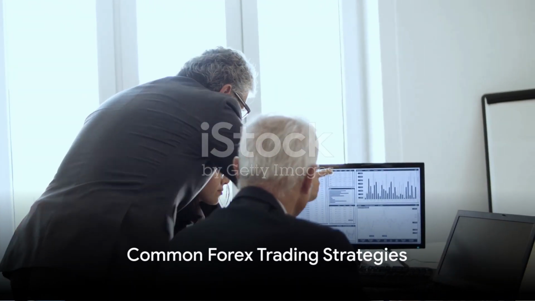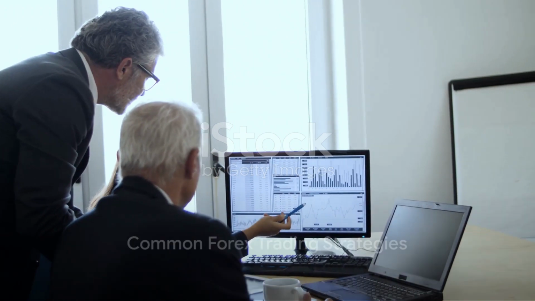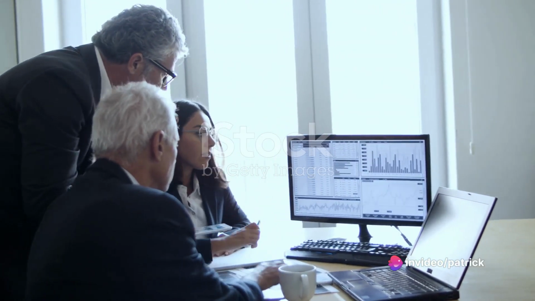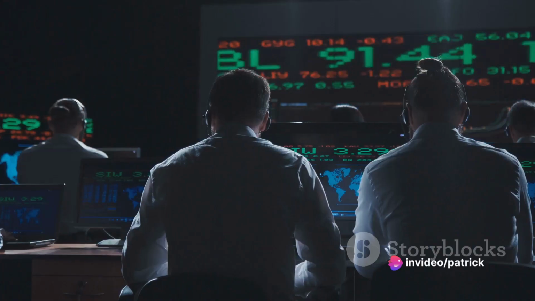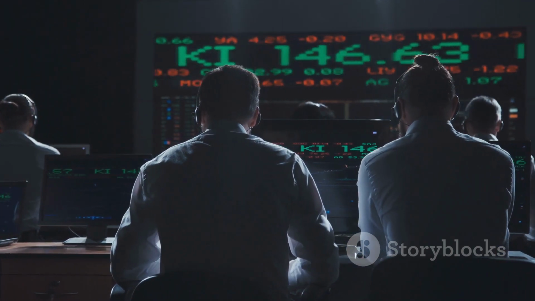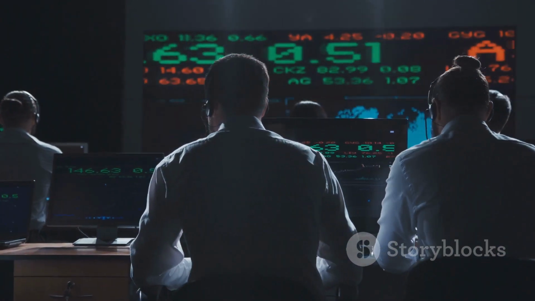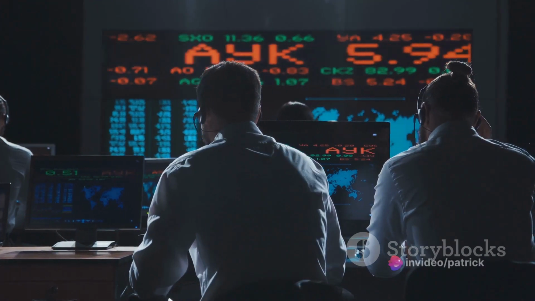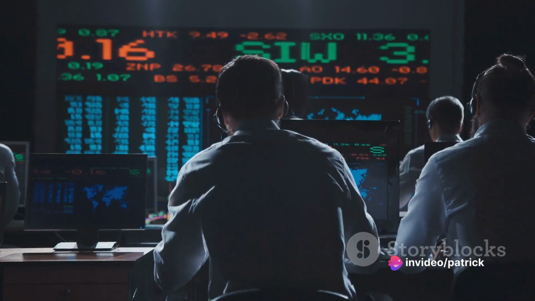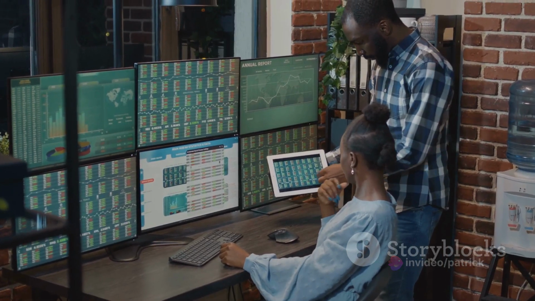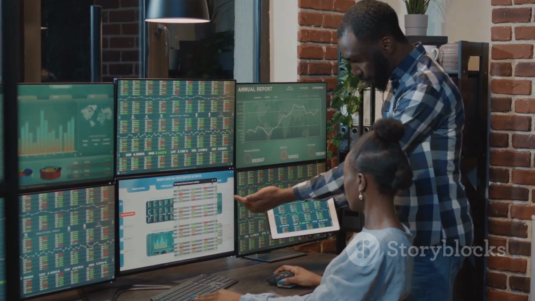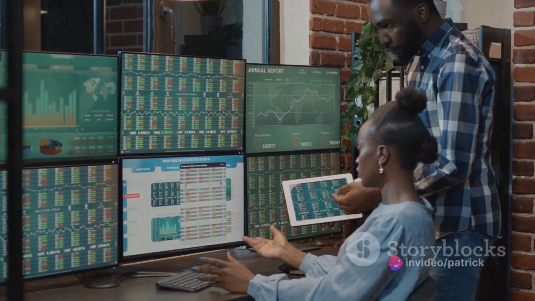Now that we've covered the basics, let's dive into some common Forex trading strategies. First, we have the trend-following strategy, a classic approach used by many traders. This strategy involves identifying a trend in the market and making trades that align with this direction. For instance, if the value of a currency pair is consistently rising, a trader employing a trend-following strategy would buy or go long on that pair. Conversely, if the trend is downward, the trader would sell or go short. This strategy is based on the assumption that the trend is your friend, and it's better to move with the